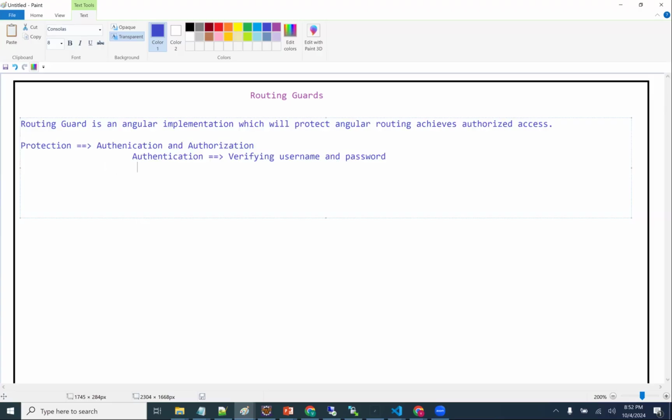Authorization. Some people can access only some things. Exactly. Access level verification. For example, when I use mail.google.com and type VijayMCA, Google is authorizing me: Vijay is a proper user, he can see the emails of his account. I cannot see the emails of other accounts. I can only see the emails related to my account. That is my access level.